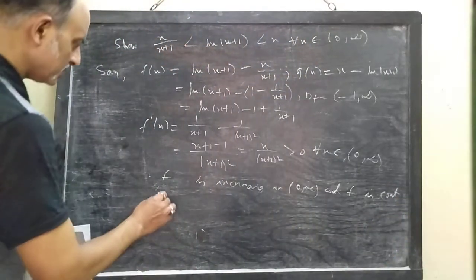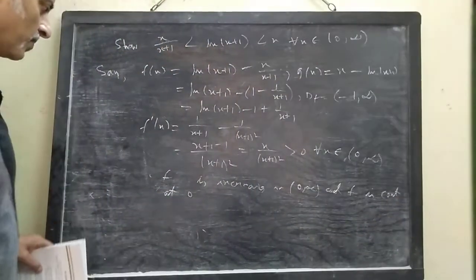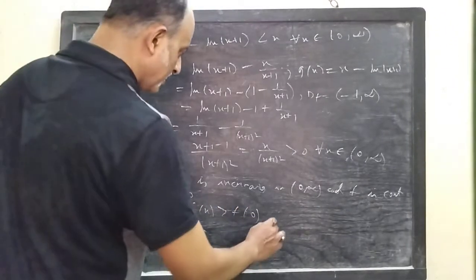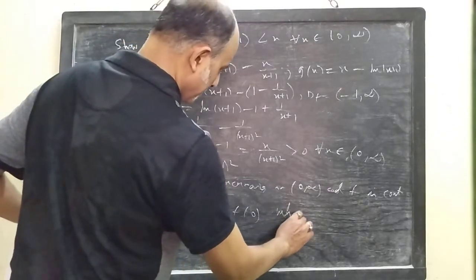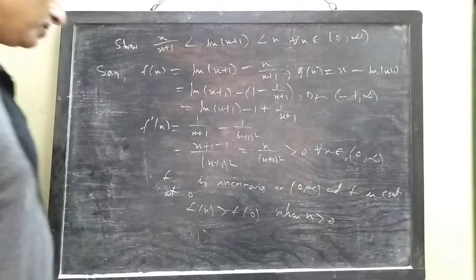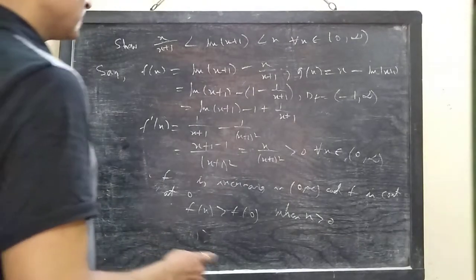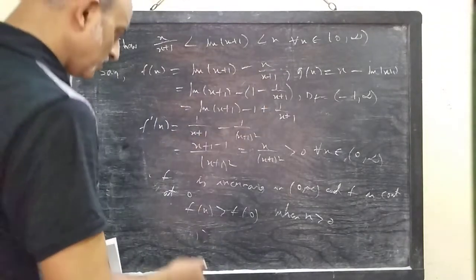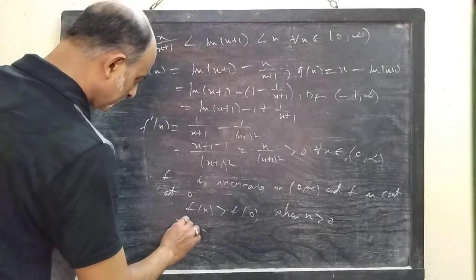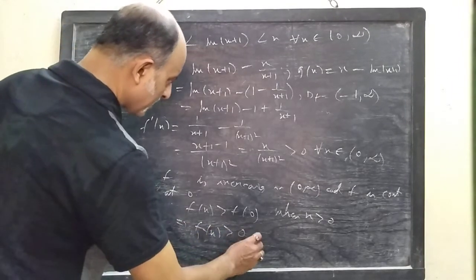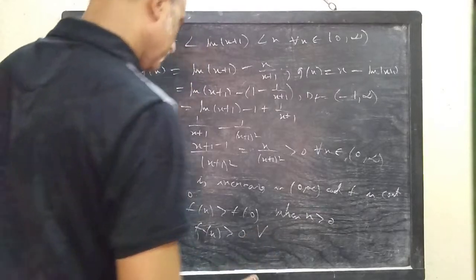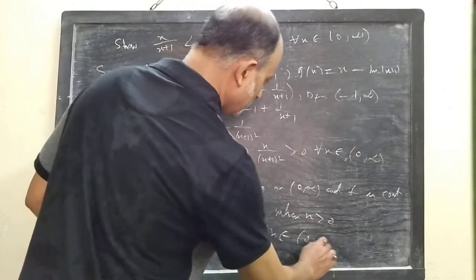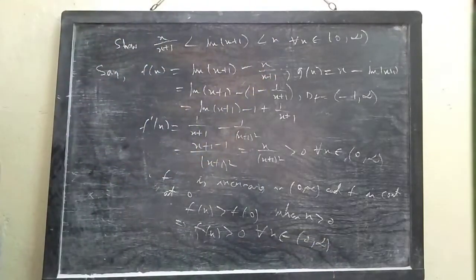F is continuous at 0. Therefore, f(x) greater than f(0) when x greater than 0. What is f(0)? Put x equals 0 here, ln 1 is 0. So f(0) is 0, so you get f(x) greater than 0 for all x belongs to open 0 to infinity. So ultimately you get,